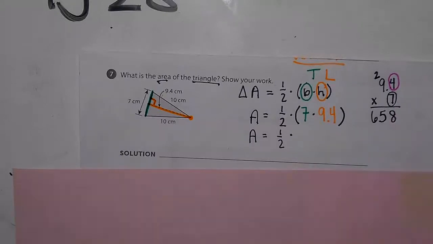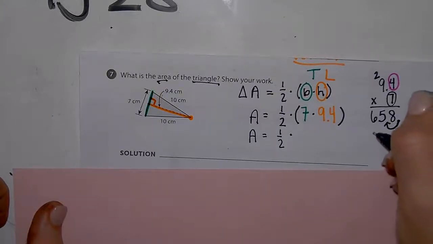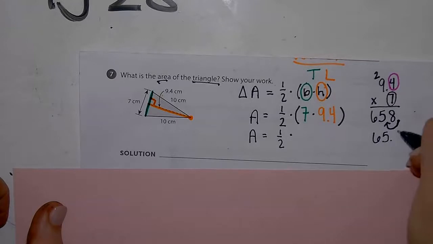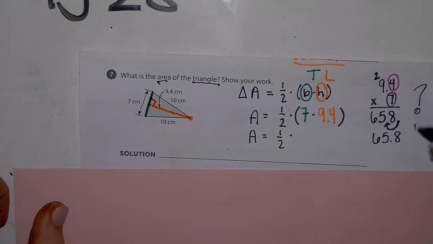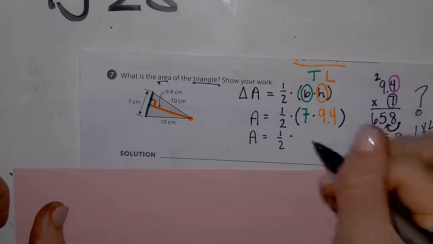However many circles I have, so however many purple circles I can make, which in this case is just 1, right? Only the 4 comes after a decimal point. That's how many times I'm going to move my decimal to the left. Just once for one circle, and my answer is 65.8. If you need more help with this, let me know, and you can do IXL on multiplying decimals. So come back over here. We're going to do